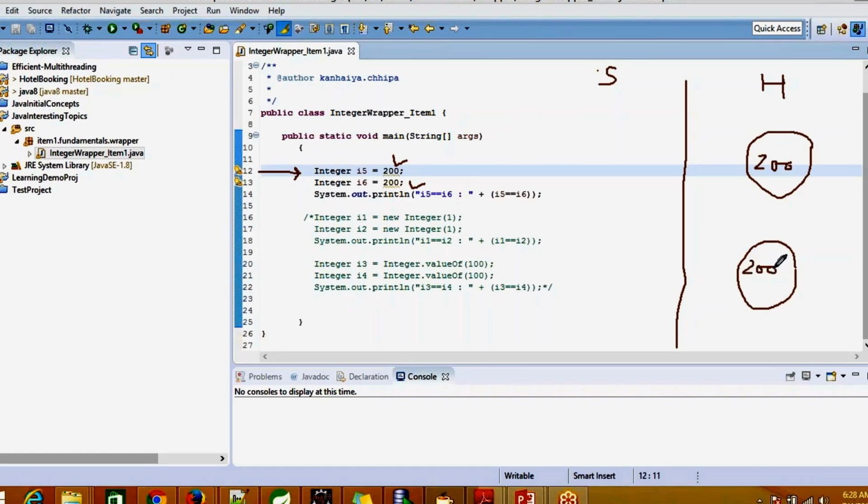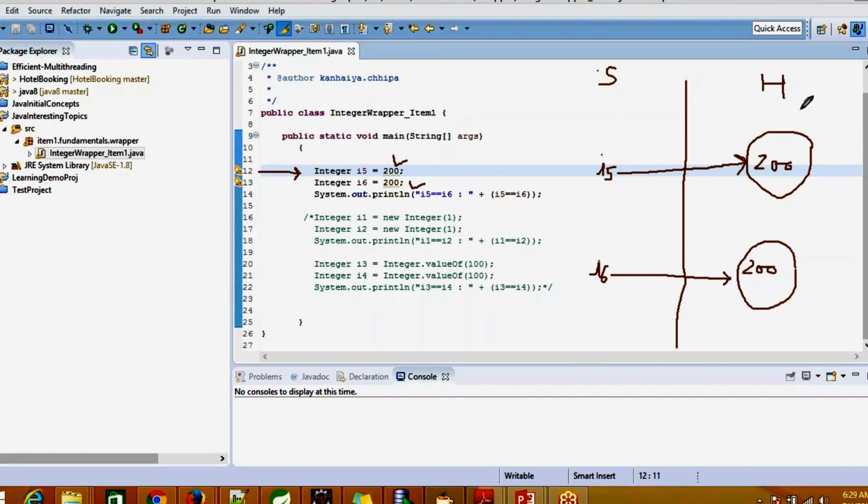You might already know that references are part of the stack. If not, in future I'll cover Java memory management in greater detail. So I have created two reference variables from this stack pointing to these heap memory locations.